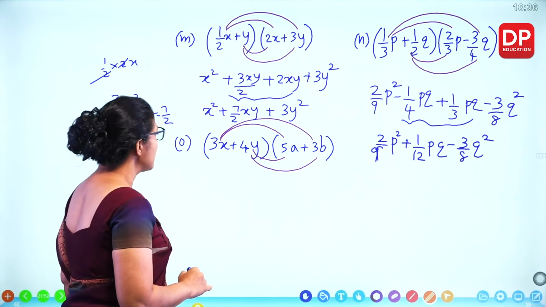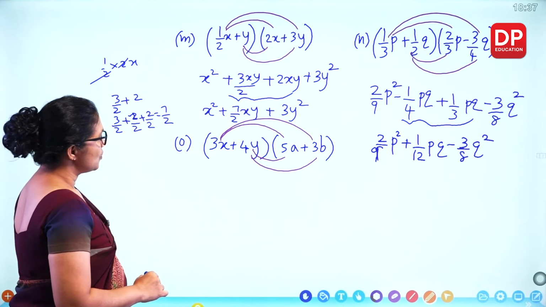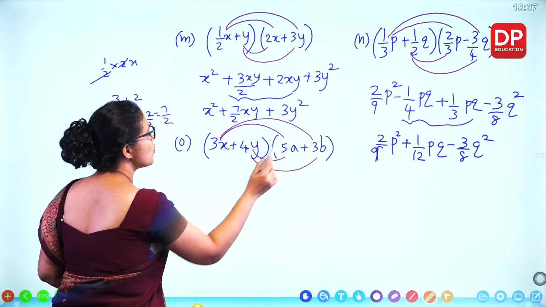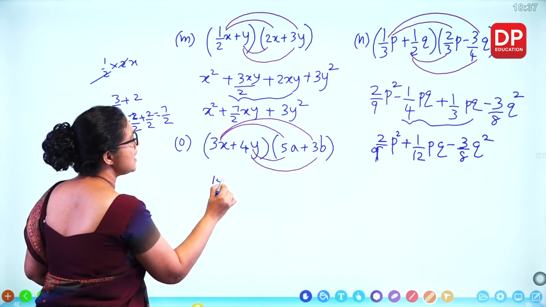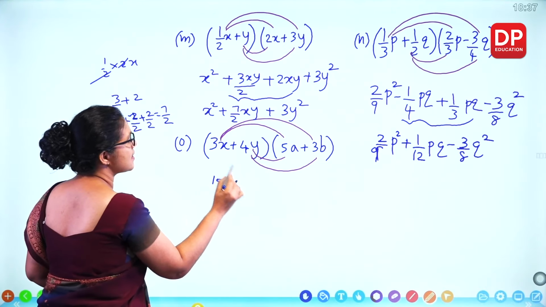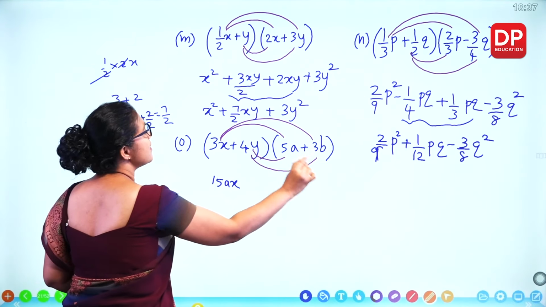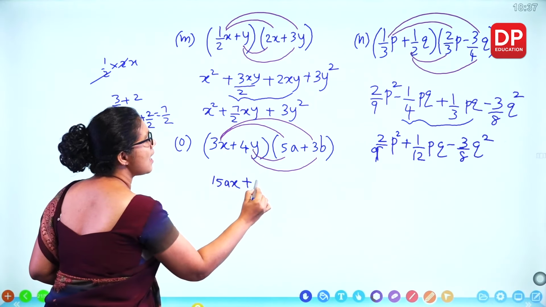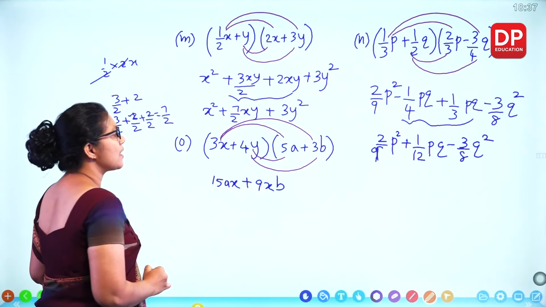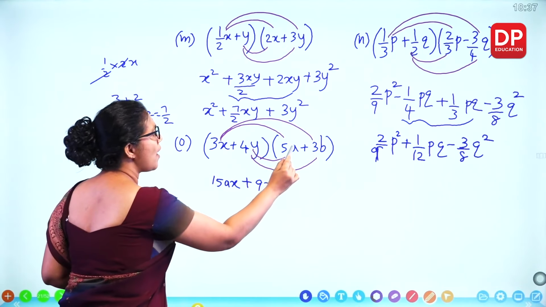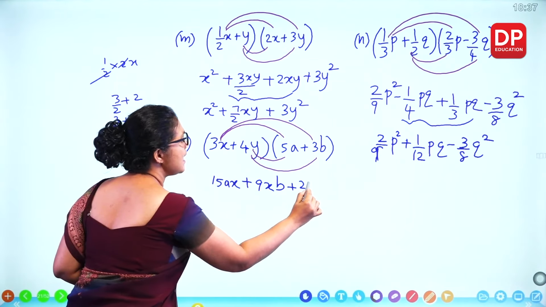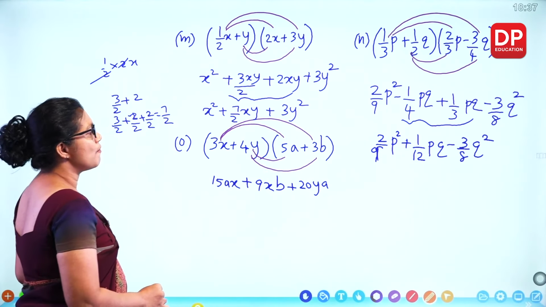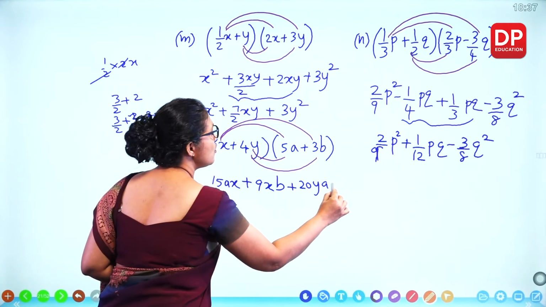Now we'll look at the next one. Again, we can use the rainbow method. 3x into 5a becomes 15ax. The first term with the last term, 3x into 3b becomes 9xb. 4y into 5a, 20ya. Last term to last term, 4y into 3b, you get